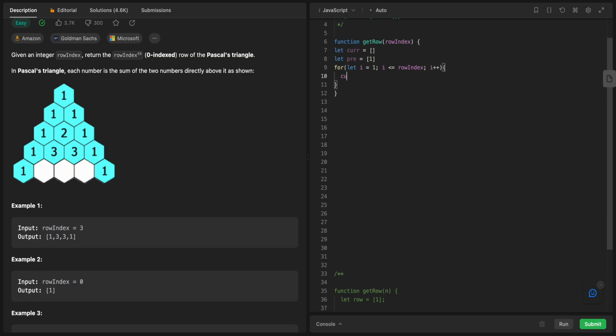So I will say that cur equals 1, because each row starts with 1. If you look at this one, current represents each row, and each row starts with 1. This is a row that starts with 1, this is a row that starts with 1, and so on and so forth. And I will say for let j equals 1, j less than i, j plus plus, and we do cur dot push